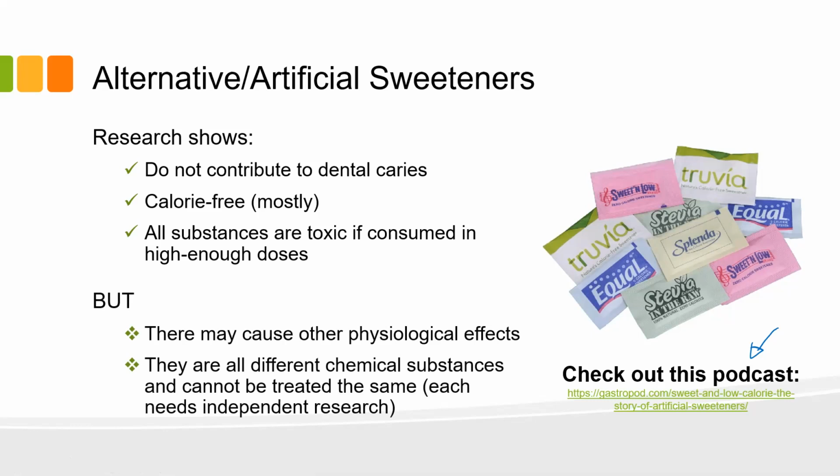Every once in a while, you hear about somebody who's drinking 8 diet colas a day, and anything you're consuming in large amounts is going to have effects on your body, whether physiologically or psychologically. But this is the big note to say about these: they are all different chemical substances. And this is a problem with some of the studies. They just talk about artificial sweeteners, but they're using different ones, and you have to treat each chemical as different, because some of them might affect the liver, some of them might affect the brain, and they're going to have different effects on the body.